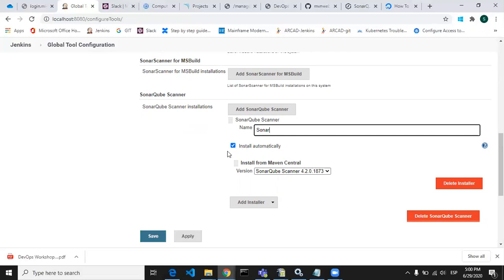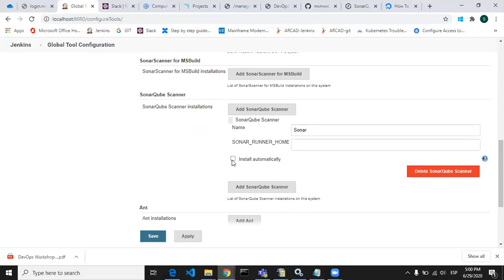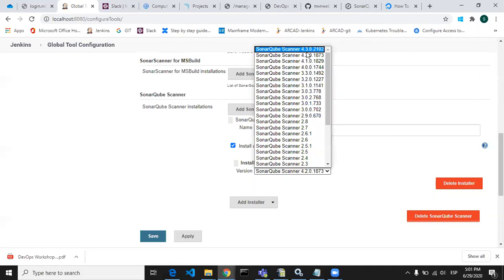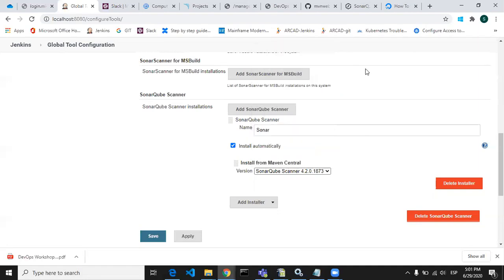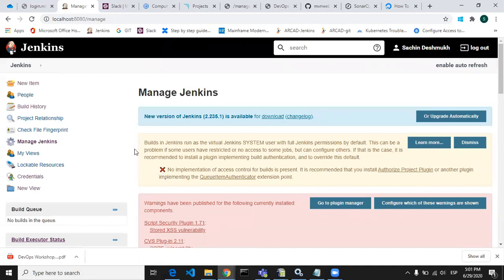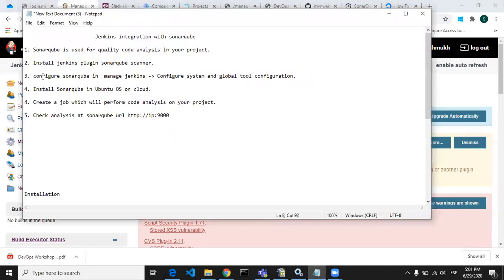Once you click on Install automatically, it will ask you from where you need to install. Once you click on Install from Maven Central, this box will be shown. Okay, and then you can select the latest version of SonarQube. Click on apply, save. So we have configured SonarQube in the Jenkins section.